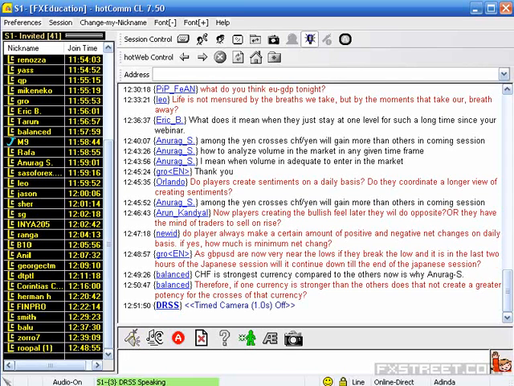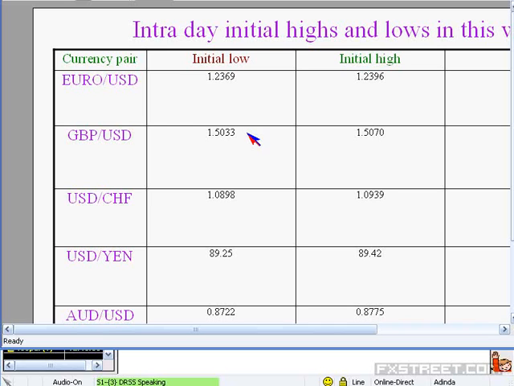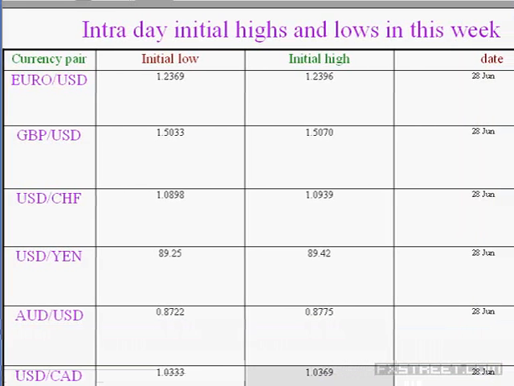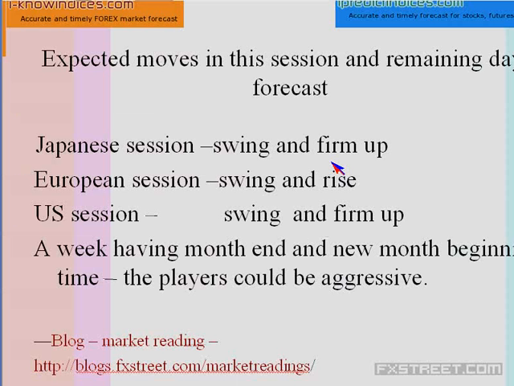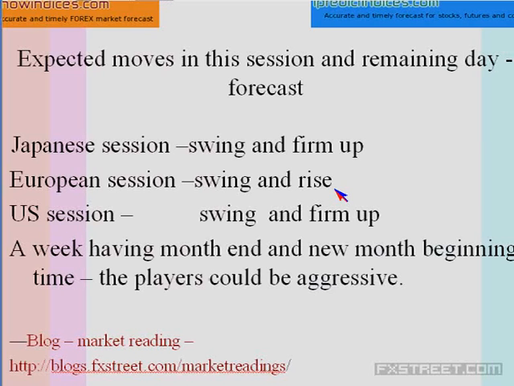Yes, okay, fine. Let me just go back to the PowerPoint presentation. The forecast for today: the Japanese session will swing and firm up with subdued moves. They have not breached the low or the high except USD/JPY, wherein they breached the high, and we have to see how exactly they take it around 7 GMT. They will firm up and then swing, and during the European session, especially from the mid-European session, I am expecting an upward spike or a quick rise. Then afterwards, a high-level swing or a little bit of volatile move during the start of the US session. Then further firming up moves.